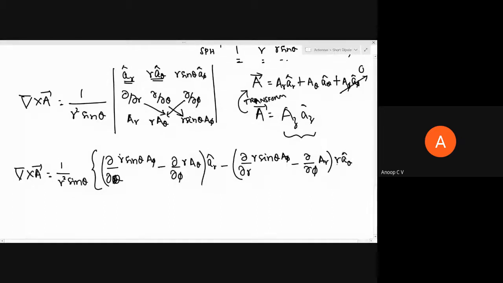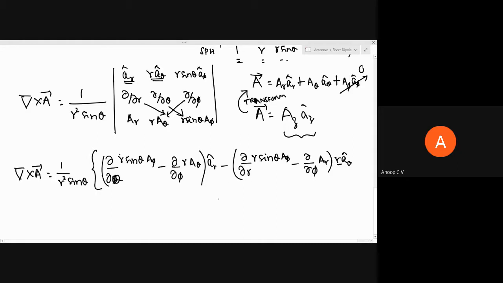This r is actually outside of the derivative, okay? This r is outside the derivative. You can't bring it inside. Please don't bring this r inside. It's outside the derivative. You have to keep that in mind. Anyway, we don't have to solve it, and anyway, it's going to be 0, fine. So we don't have to struggle much.